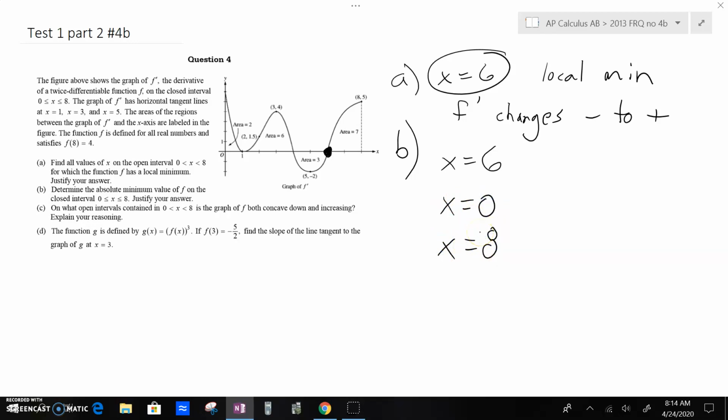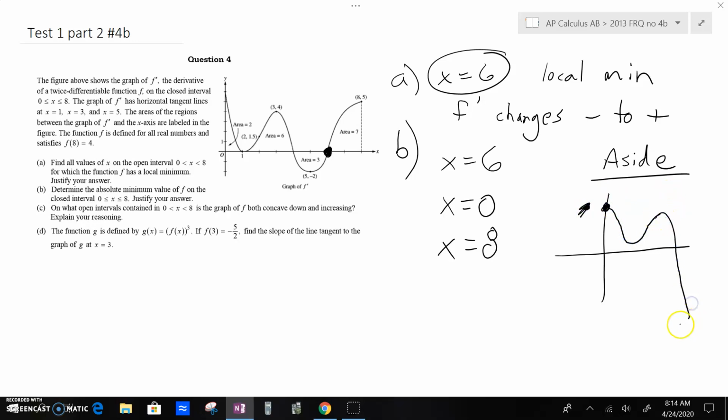The idea there is, and this is kind of an aside, if you have a graph that maybe has, let's see, actually, let's use those numbers. So like at 0, we're there. Say we come down to a local min, but then we go down and do something like that. And the graph keeps going beyond it. So maybe that next minimum is at like a 10. But we're not seeing that in the picture because they only cut our picture off at 8. Well, at 8, maybe we're right here, and we've got an actual absolute minimum